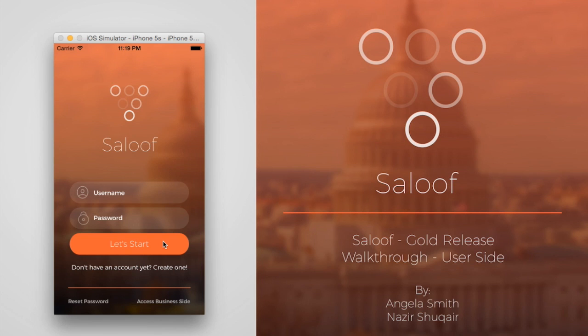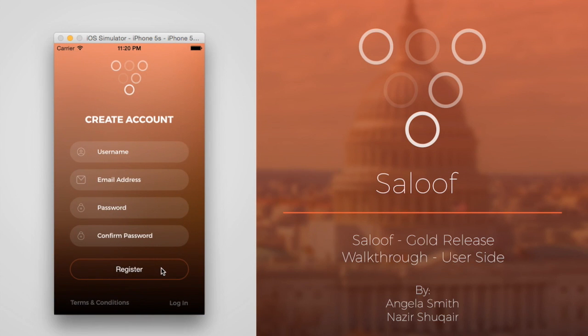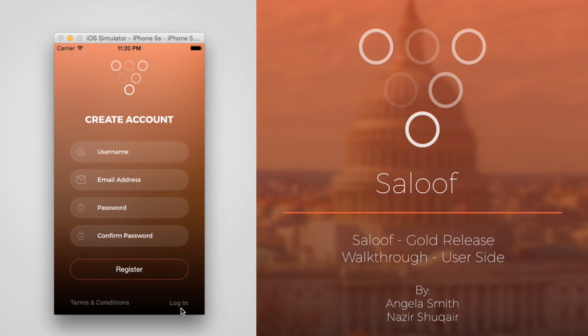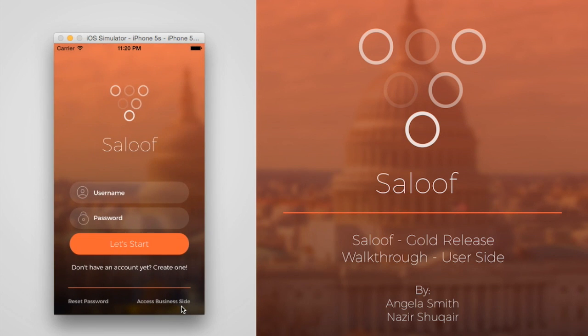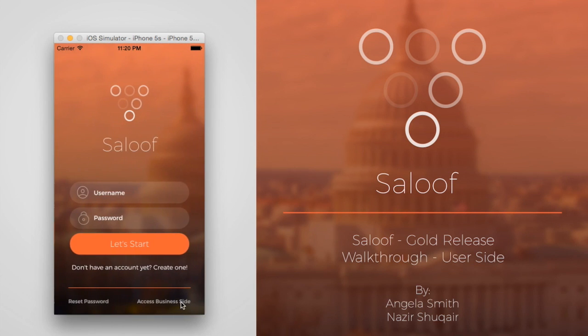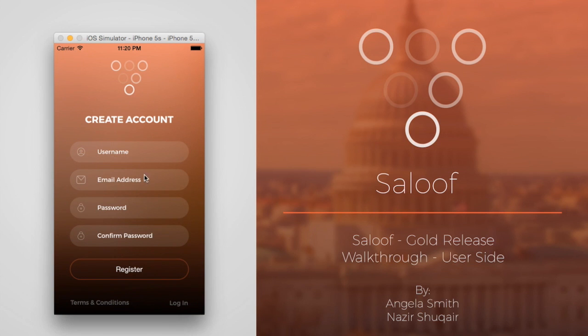The first one is the user needs to be able to register and log into the application. On the main user side, the user has the option to log in, switch over to create an account, where they can also view the terms and conditions. They can return back to the login screen, and if they want to, they can access the business side of the application as well. So I'm going to create an account